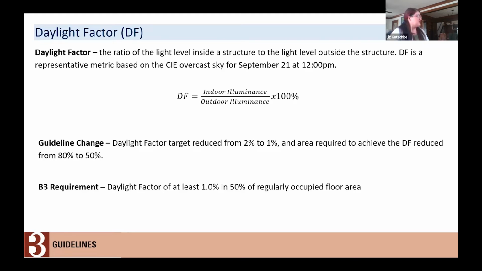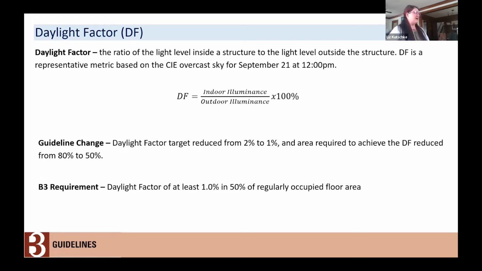Daylight factor is a representative metric based on the CIE overcast sky for September 21st at 12 p.m. So it is a point in time measure, but it is representative of an annual metric. And the calculation is there. It's this formula between indoor and outdoor luminance,